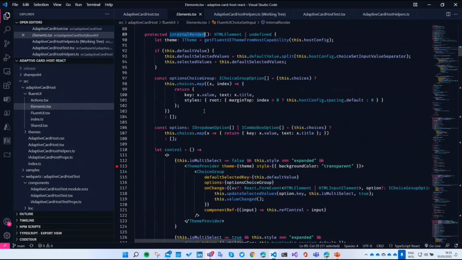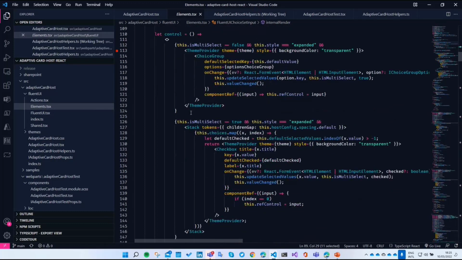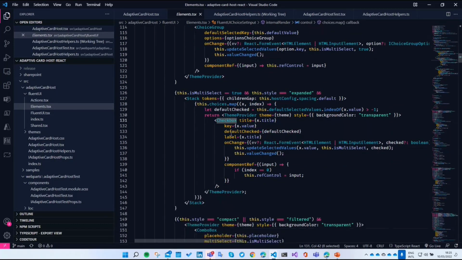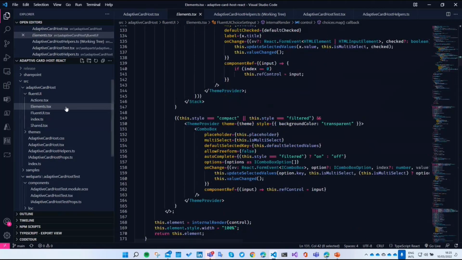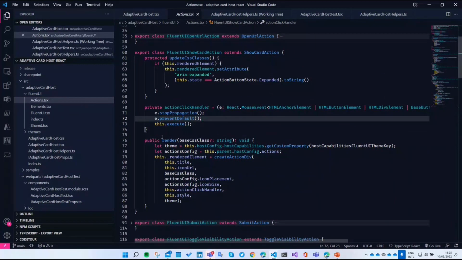We don't have too much time to explain all the code inside this control, of course. I use the React Fluent UI components to render the checkbox, the button for the actions, and basically all the actions and all the elements inside Adaptive Cards 1.5. So,